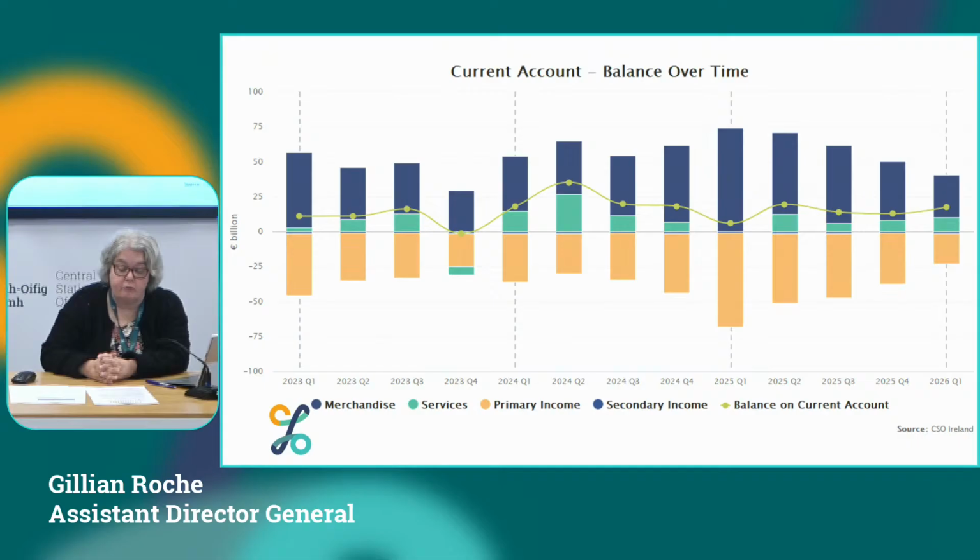Looking at services, that's the green bar, we have an increase in net services of 10.3 billion compared to last year, and compared to last quarter, that balance is up by 1.8 billion. And the net income inflows have declined, so you can see that kind of mirroring of the merchandise balance there, from 68 billion this time last year to 23.1 billion this quarter. So that's a decrease of 44.9 billion compared to last year. And compared to last quarter, that's a decrease of 14.4 billion.